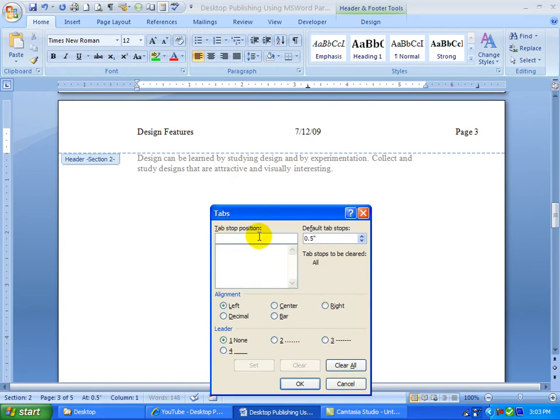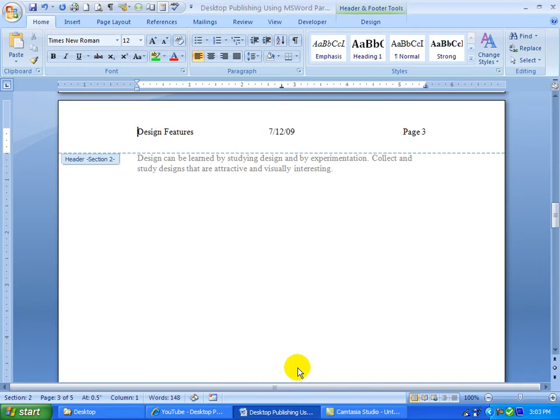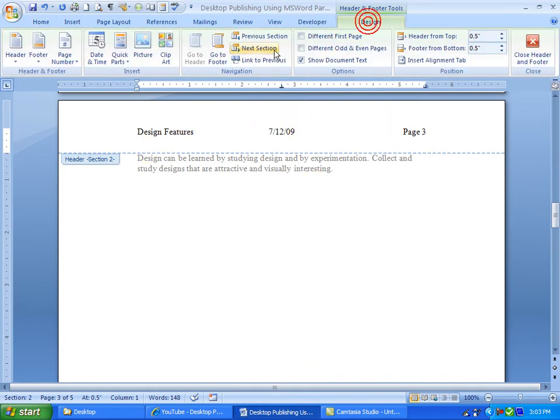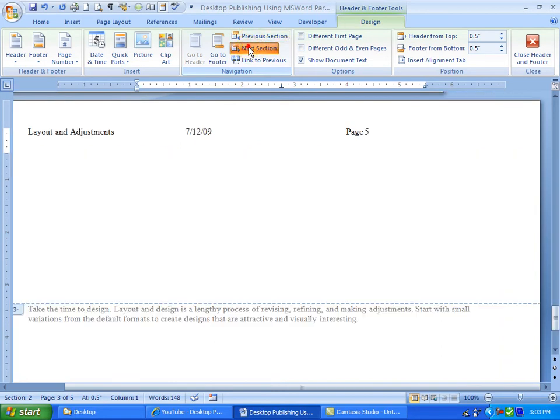and so half of that would be 2.75. That's a center tab. Set, and then the right tab at 5.5 because that's where the line ends. Right, set, OK. And going on to section 3, again I'm in the header, so if I go to the Design tab up here, I can go to Next Section, and this is the one that is landscape paper, so